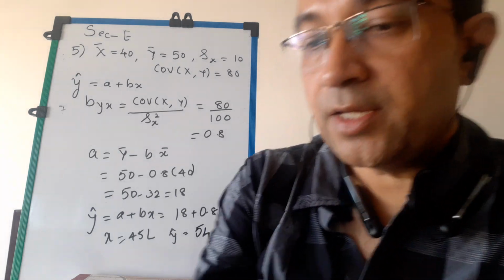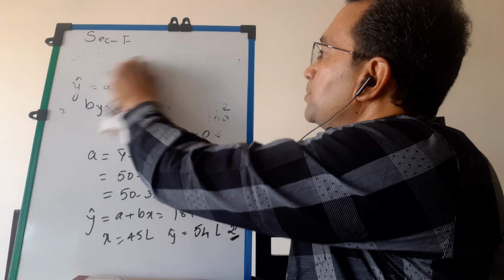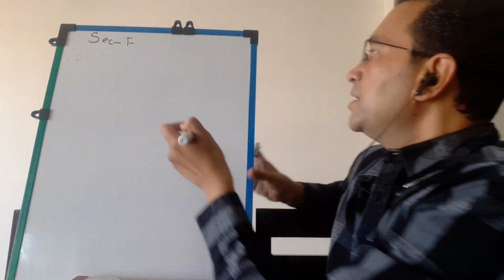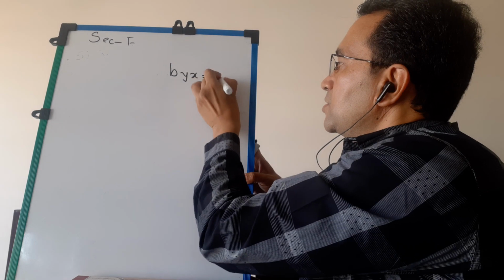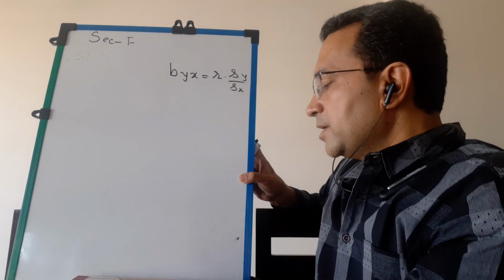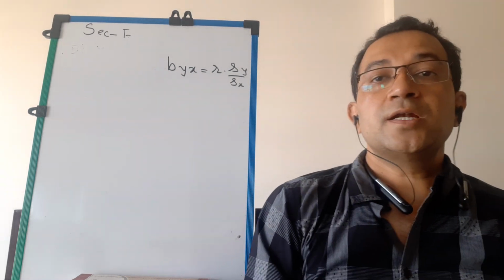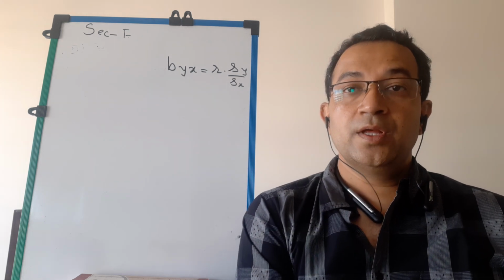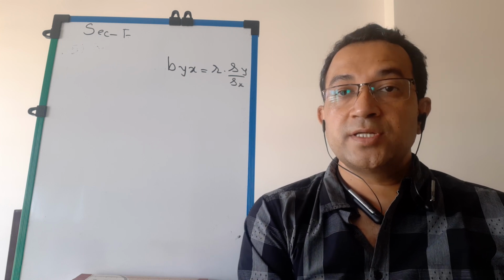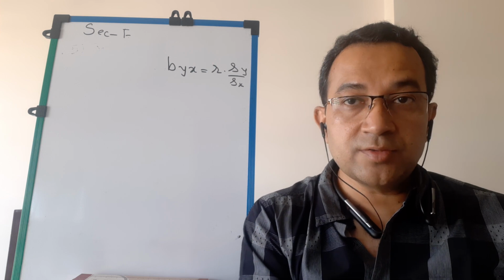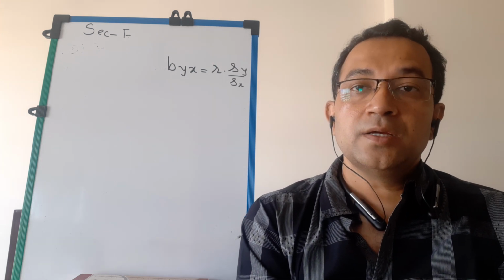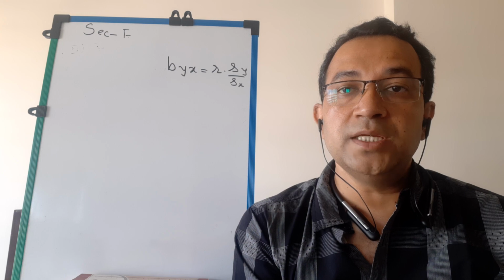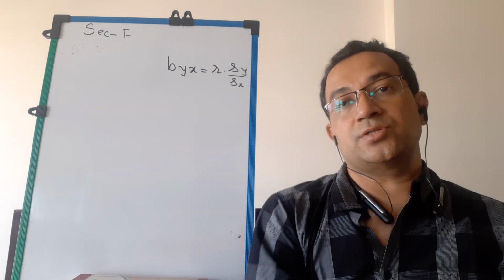Because we have this formula which we have already studied, students, in the previous lecture. We have studied the formula to find b when r was given, and that formula was b of y on x is equal to r into sy upon sx. So if r was positive, definitely b will be positive, students, because standard deviations sx and sy can never have a negative value. So sy and sx are by default positive, so the ratio sy upon sx will always be positive. So if r is positive, b will bear a positive sign, and if r is negative, then b has to bear a negative sign, students. Thus we have to remember